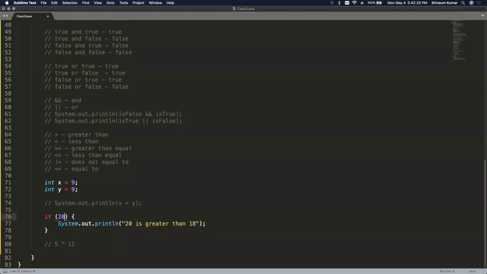So I can make this a little bit more interesting using our variables. So if I say if X is equals to Y, so this is basically saying